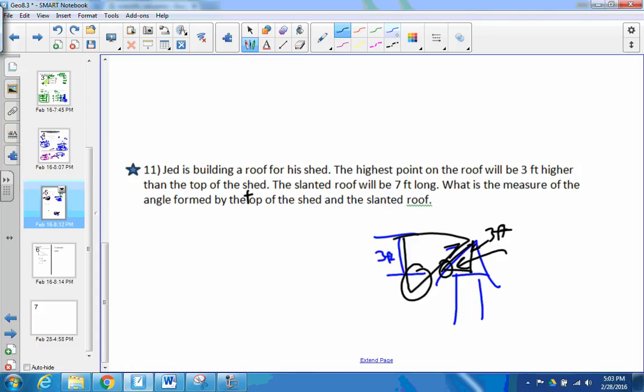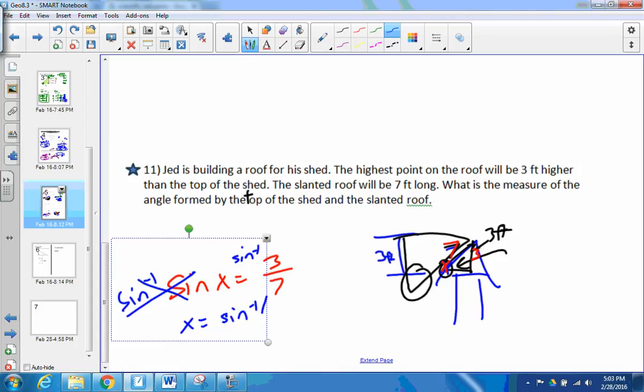Hopefully you're following with me. But if we're trying to find that angle as x, we'll use a different color. x, 7 for right here, 3 for right here. We have the opposite and we have the hypotenuse. So opposite and hypotenuse makes sine. So the sine of x is equal to the opposite, which is 3, over the hypotenuse, which is 7. And again, to get rid of that, you do the inverse sine. You do the inverse sine to this side. So x is equal to the inverse sine of 3/7,